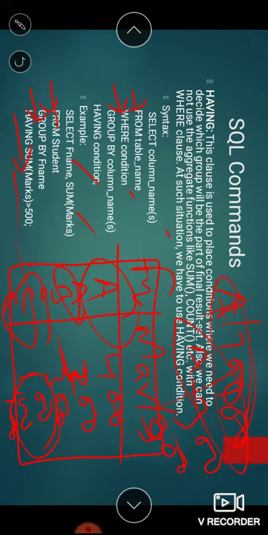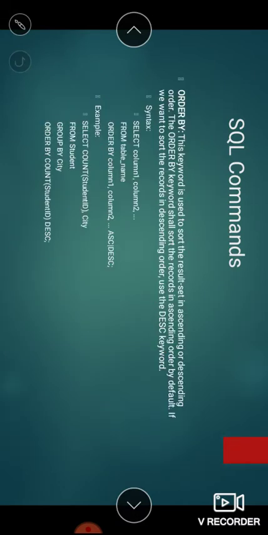Okay. Next we will see order by. The order by command is basically used to arrange the rows of any table based on some condition, based on the attribute field.